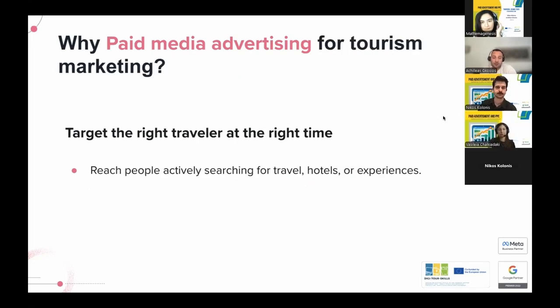One main advantage that paid advertising gives us is that there are many choices to target the right audience at the right time. We have many targeting options, either by the user's demographics or interests, or also by the user's intent. Later we will explore much more about the targeting options that we have.